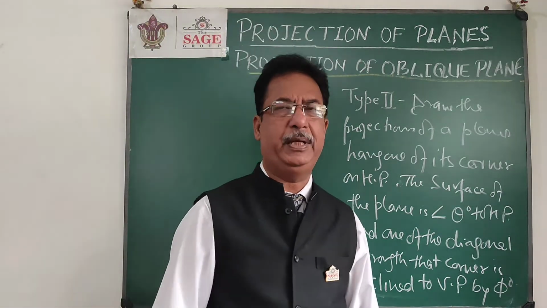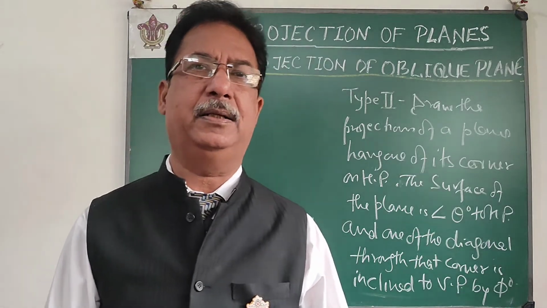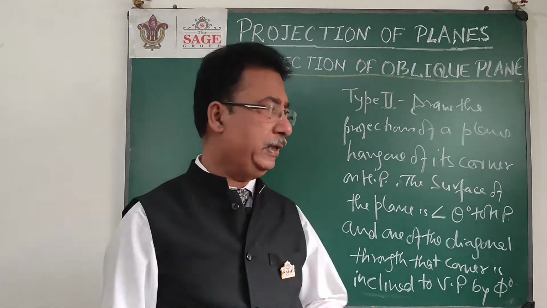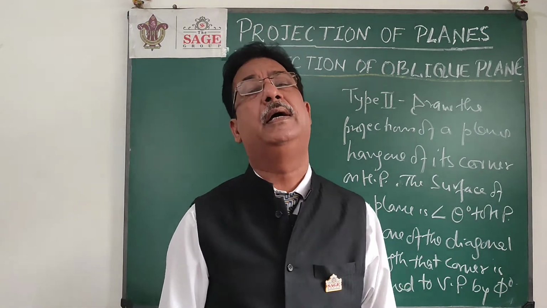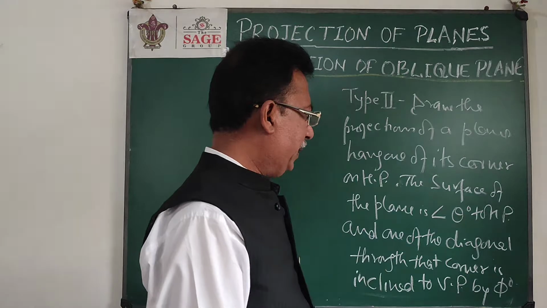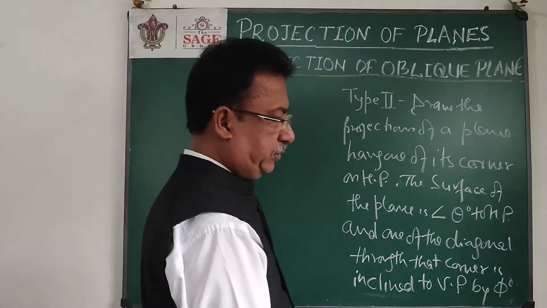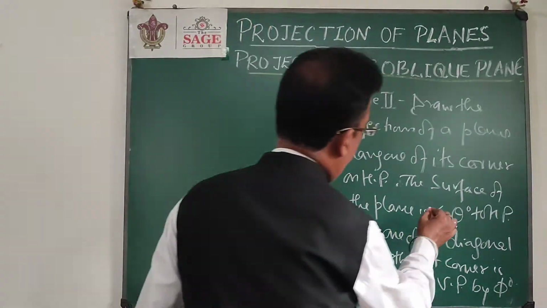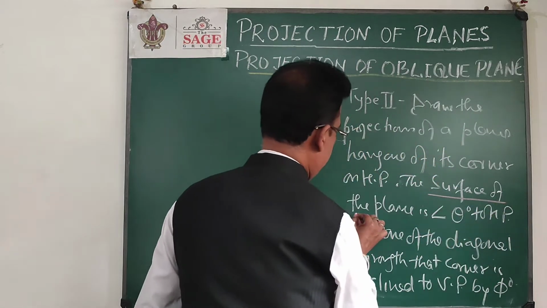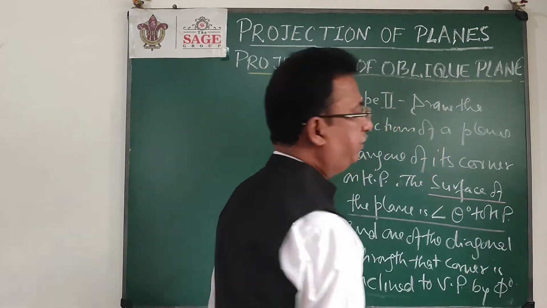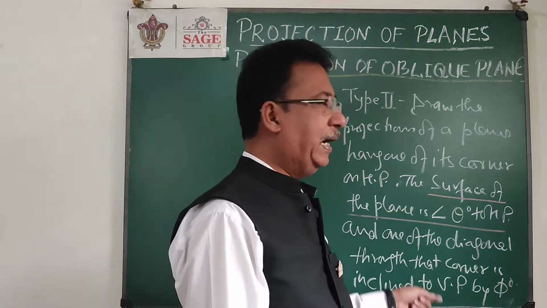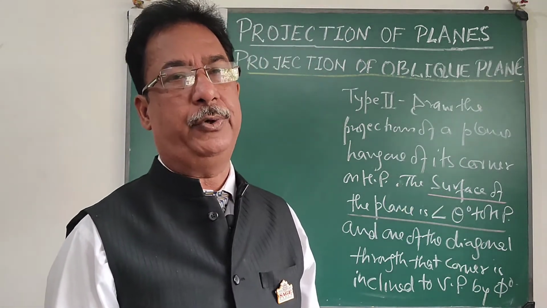Right, now if there is a hexagon, then there may be a diagonal; for a square, there may be a diagonal. If it is a circle, then instead of a diagonal I will talk about the diameter. So just basic language. If you look at the problem, again you see the term surface is coming into the picture. As we discussed earlier, surface means the whole plane. So this language will always help me decide from which view we are going to start.